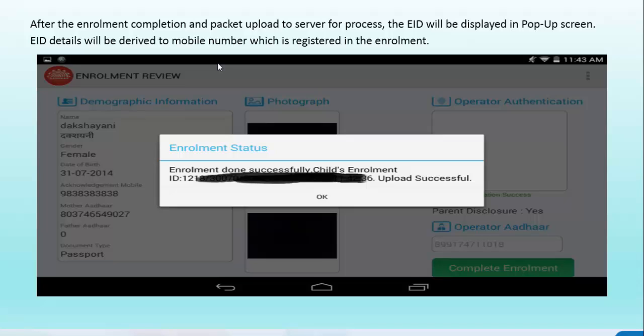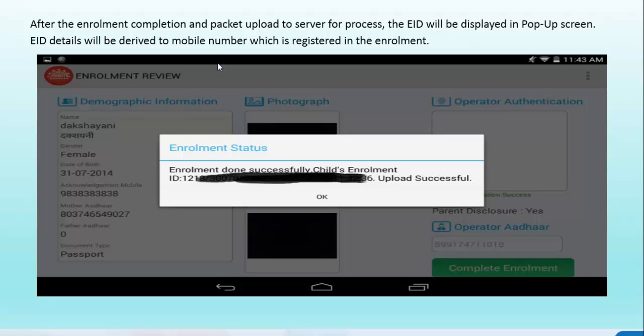This process will take from 0 to a maximum of 7 days. Otherwise it can take more than 90 days also, based on the data given in the enrollment. For children aged 0 to 5 years, we can usually get the Aadhaar number within 3 days or a maximum of 7 days.